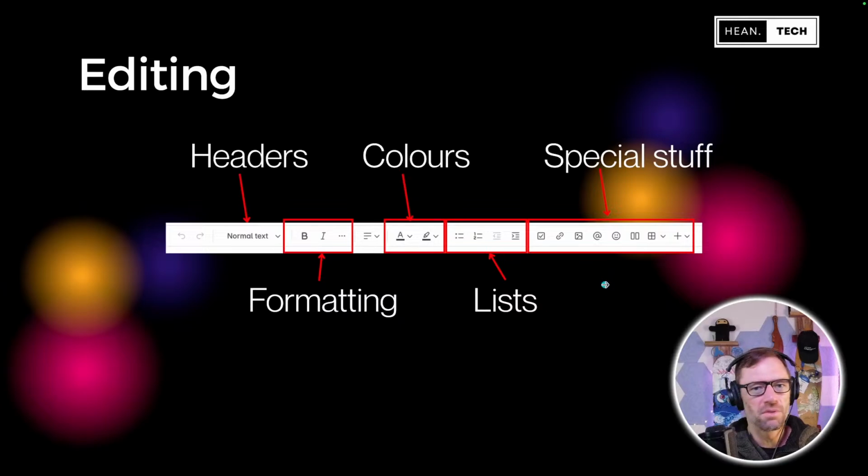Now, I mentioned earlier they're very similar to pages, so our editing options are basically the same. We've got headers, we've got formatting, we've got all the beautiful colors. You'll see me alternate between American spellings and British English spellings. I'm also Canadian, so you'll see me slam that U in there. Sorry, Kythra. Every once in a while, just as bad habit and or just to be different. We get our lists and our indents, and then I call this special stuff. We've got our things like our tasks, like our attachments, our links, our app mentions, our emojis, our layouts, etc. So again, if you're just looking at this,